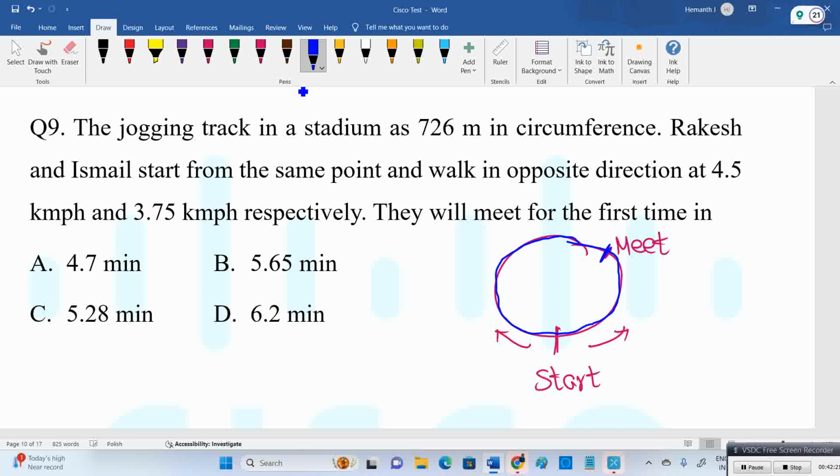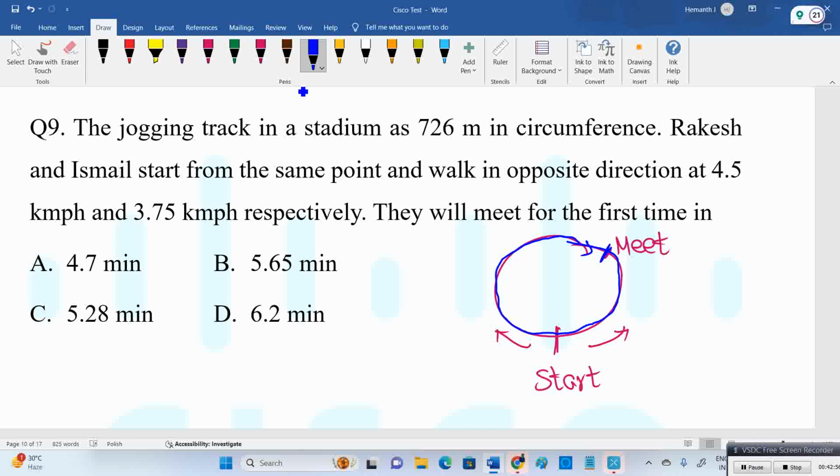Together 726 only. Yes, the first person travels more than the second person, fine, but together, if you want to meet, you have to cover that. Suppose you are traveling from A to B, another friend from B to A, with a 120 kilometer gap. They are meeting means together they have to travel 120. Whether the first person travels more or the second does depends on speeds and start times. But here, together they covered